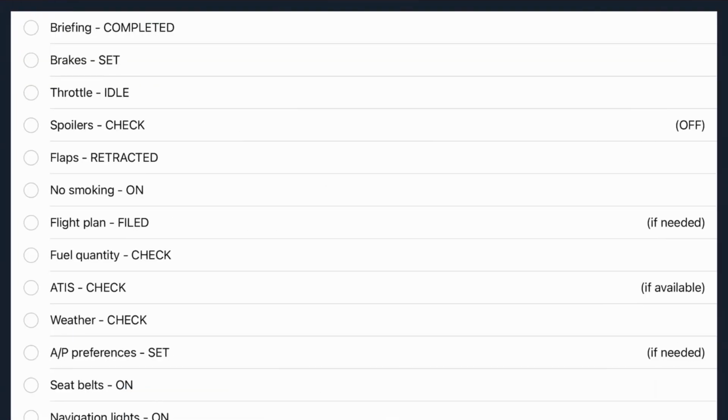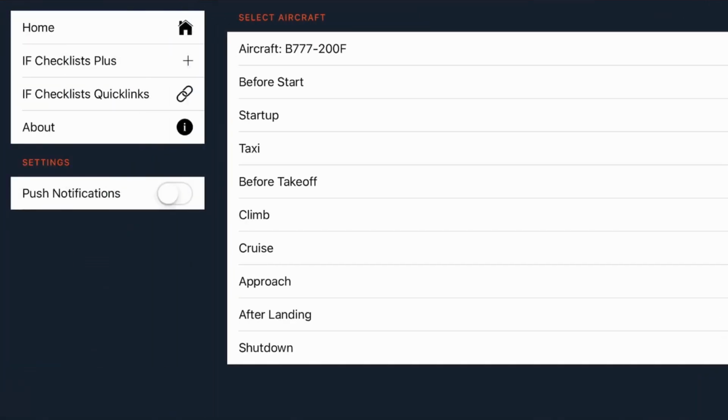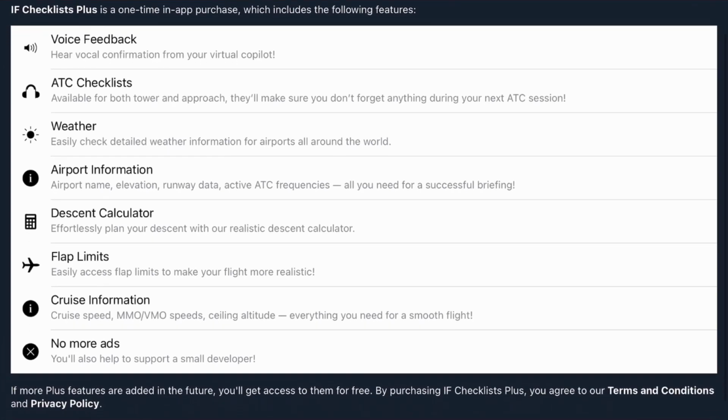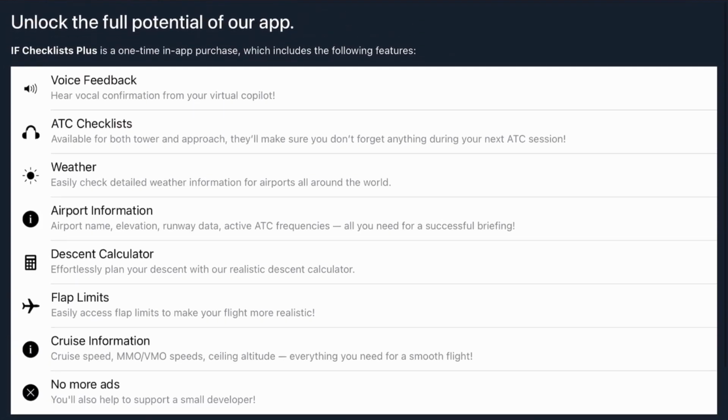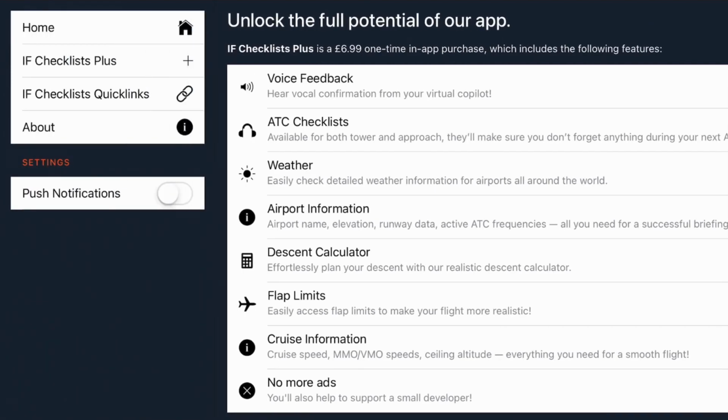So we'll just see if the APU is on here. No, so it hasn't been updated in a little while, this app. But it'd be cool if it could. So there's Infinite Flight Checklist Plus as well. So another paid thing you can do. And you've got your flap limits, your cruise, and you get a few extra bits of information there, which is